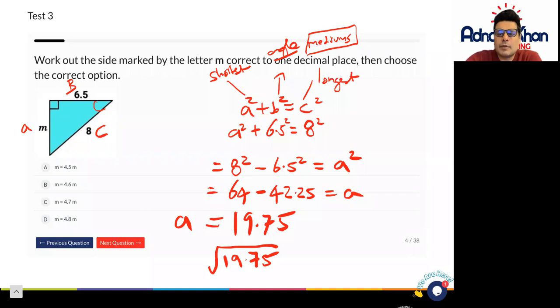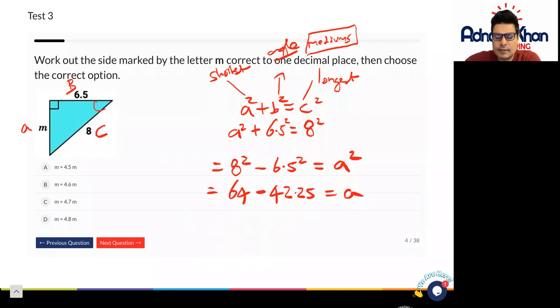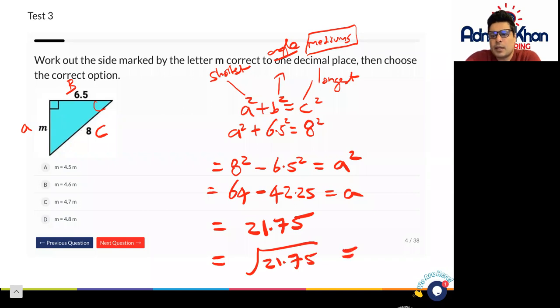So actually, let me just rub this out very quickly, because I've just realized a very tiny small mistake that I've made. So 64 minus 42.25 will come to, in total, 21.75. So make sure you do go back and just double check everything is okay. So let's square root this number now, 21.75. If you were to press the square root button, 21.75 on our calculator, that will give us an answer of